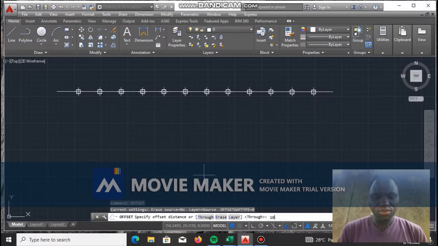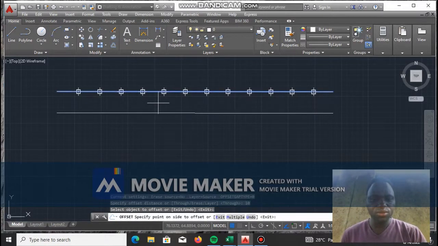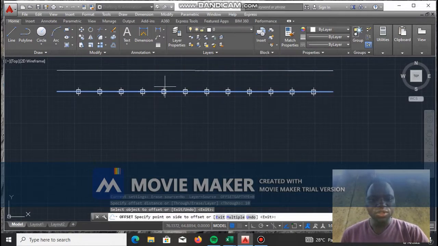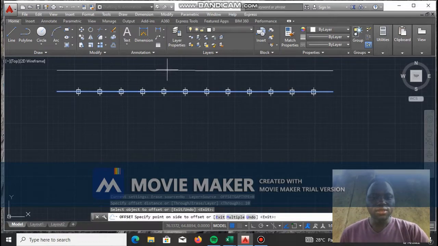Take for instance the distance is 10 meter, then you press enter. It will tell you to select the object, of which this is the object you are to offset. Then once you click on it, you drag your mouse either down or up. It will tell you the direction where to paste your offset, either in the right direction or in the left